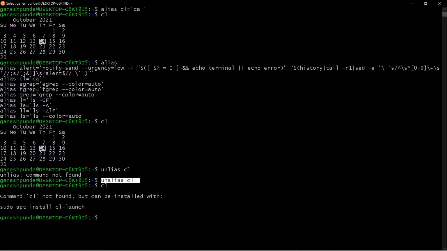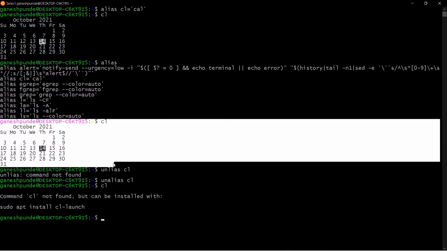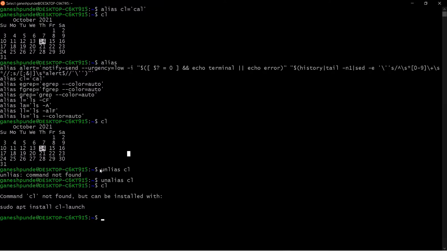So these are the ways you can create an alias, use an alias, and remove an alias. So we saw how to create, how to remove, and how to use.